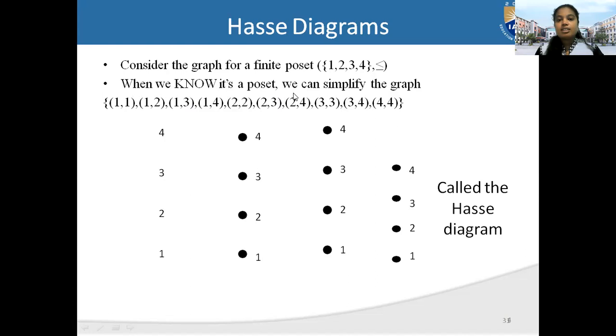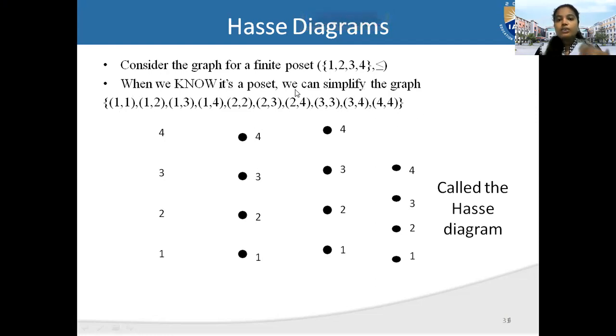Then it satisfies the relation. Next, 2 less than or equal to 1 is not satisfied, so we need not put 2 less than or equal to 1 here. Next, you write 2 comma 2, 2 comma 3, and 2 comma 4. Based on the relation and this set, you write the relation. By taking this relation, you have to check whether it is a poset or not. A poset needs reflexive and transitive to be satisfied; you check it. Both are satisfied for this relation.